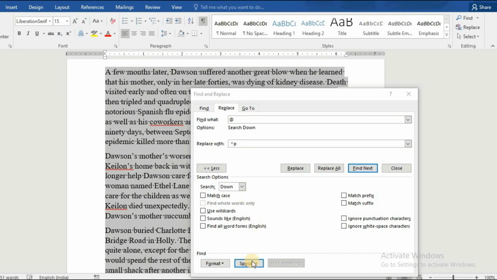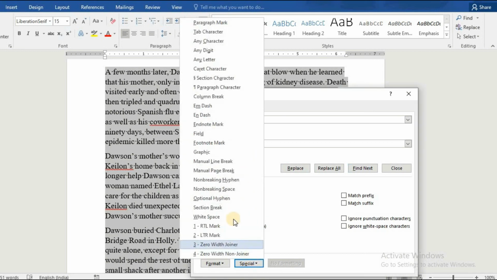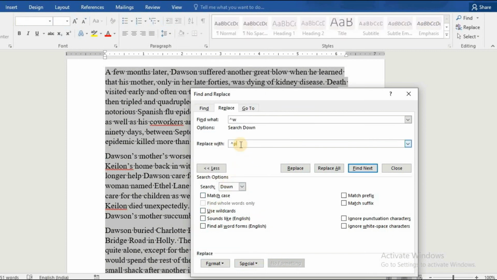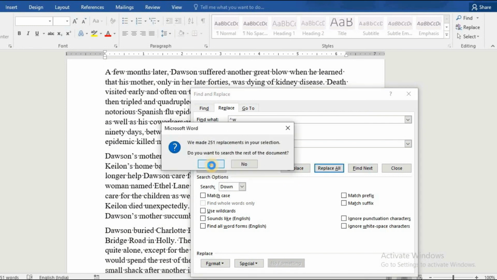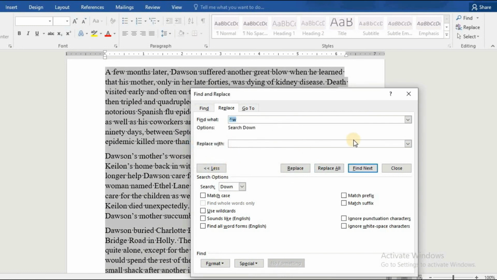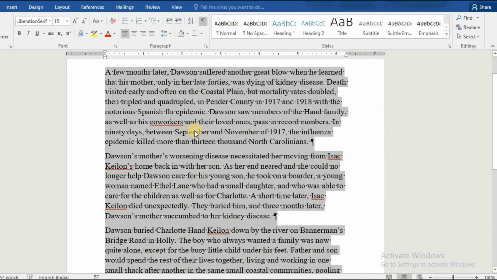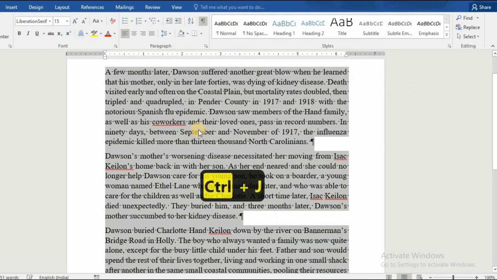That is replacing white spaces with a single space. You can now justify it. And you are done. I hope you found this video useful.